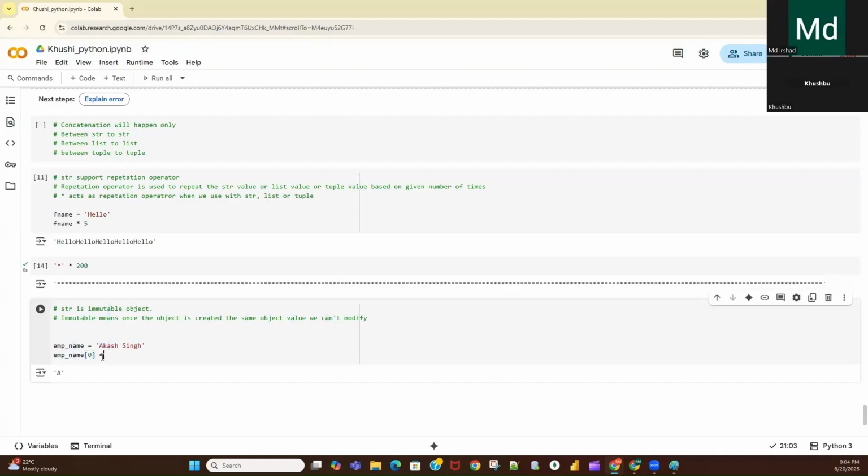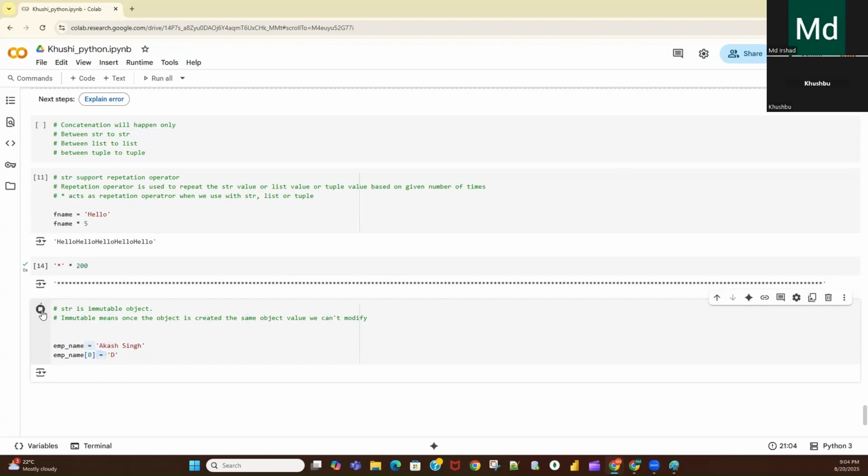Now I will write here the equal operator, and I will say in this position, inside this string, in this zeroth position, whatever the value is there, replace it with d. What I'm trying to do here is modify the a present at the zeroth index with the help of this assignment operator.